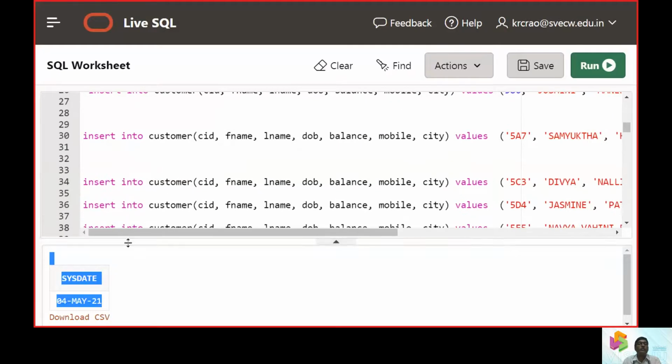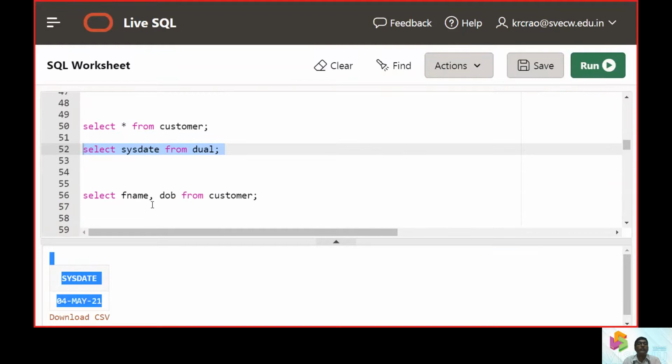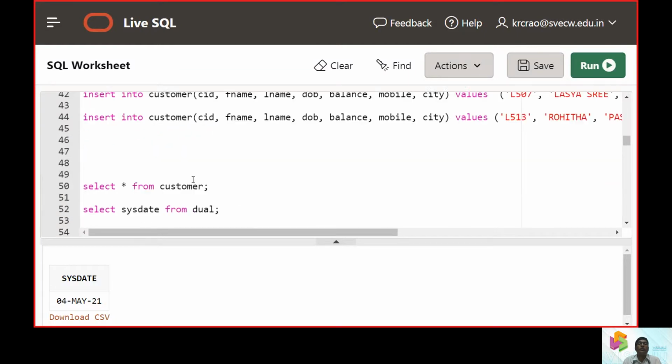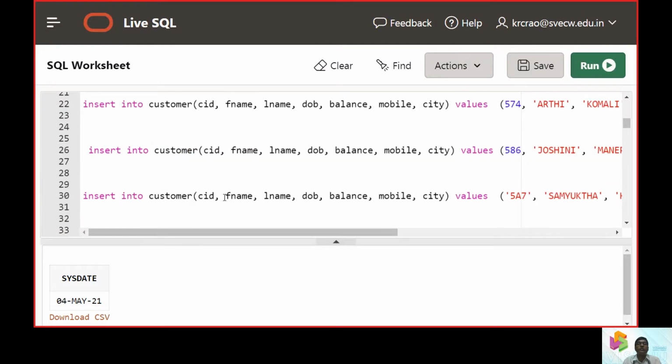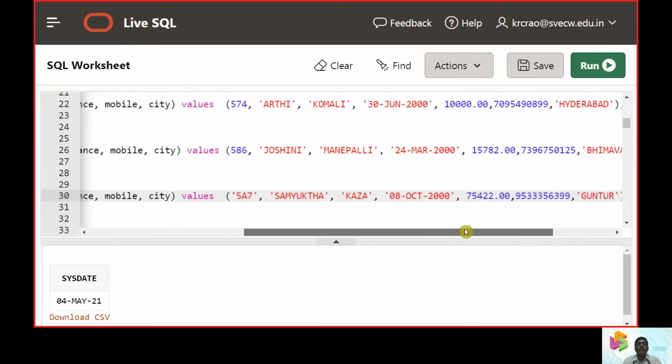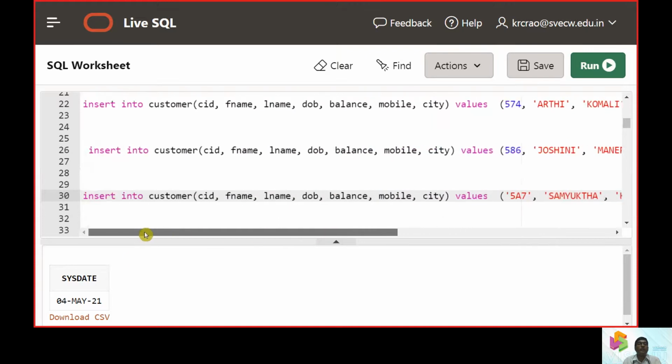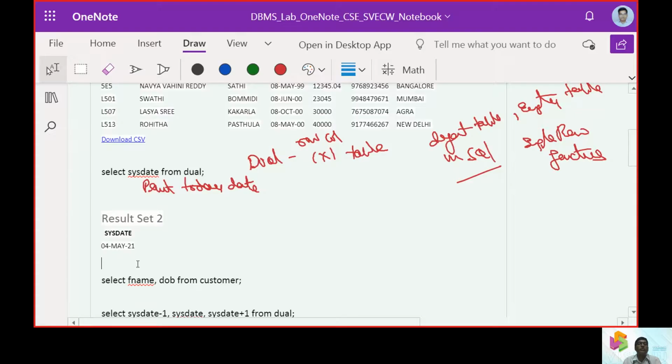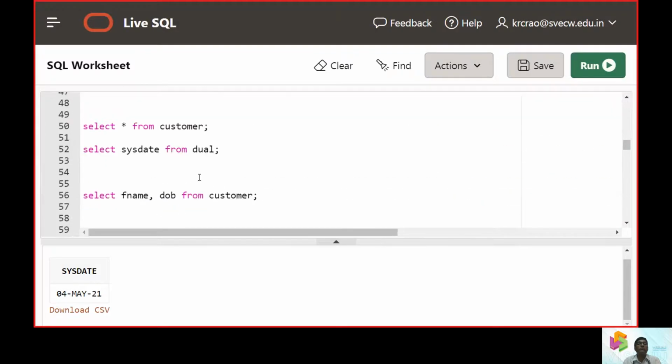We had a customer table with 13 records. Now we have already taken up an insert operation with first name, last name, and date of birth. So we have this record, 5A7, whose name was Samyukta, and her date of birth was 8 October 2000. Now we expect that her first name and her date of birth should come from the customer table.